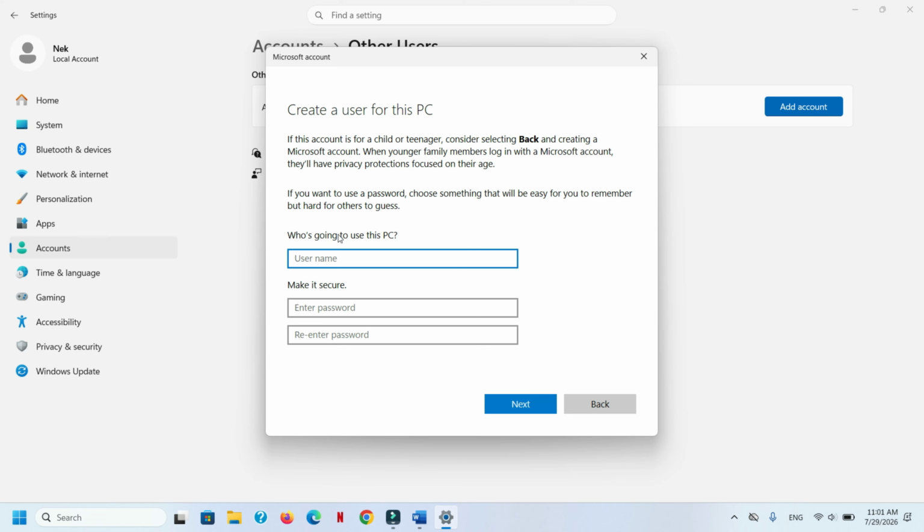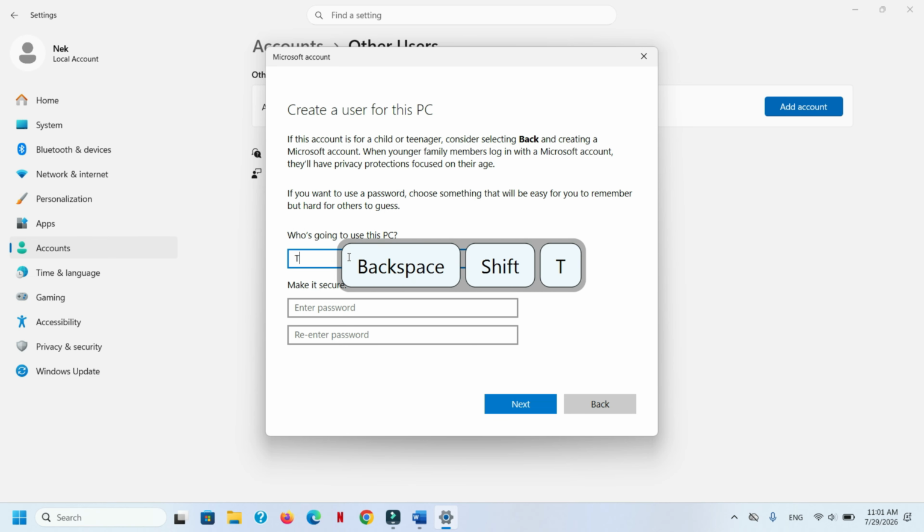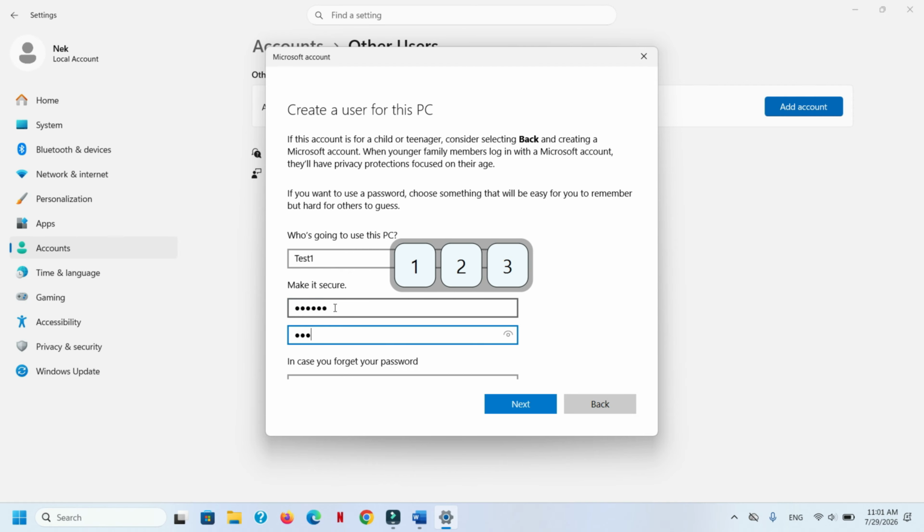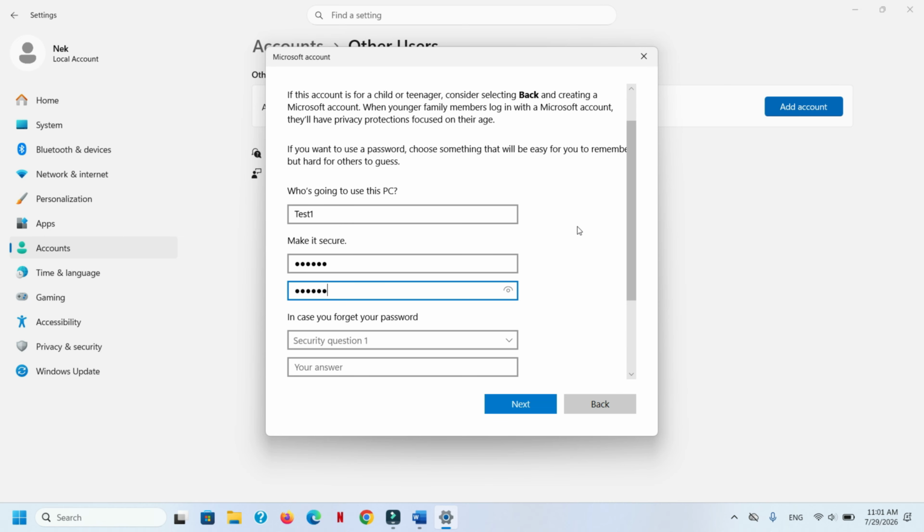In this window, it asks you who is going to use this PC. Type in the username of the new account, test1, and it asks for a password. I just pressed 126.